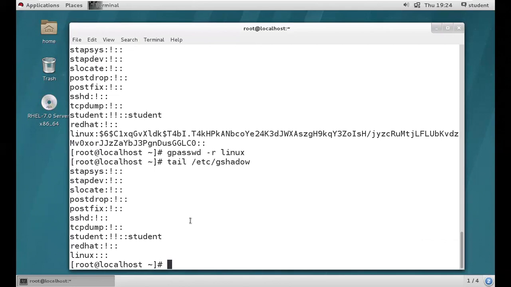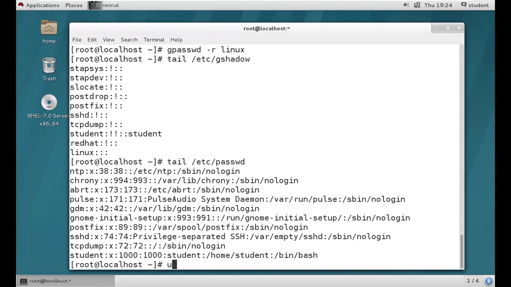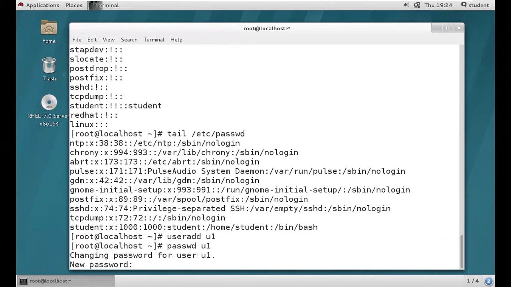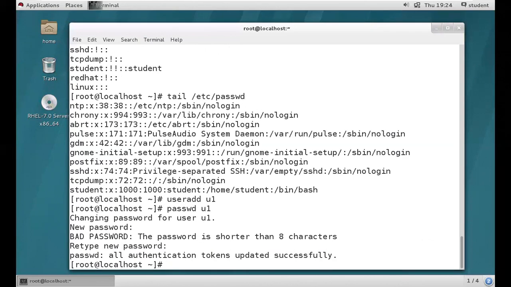Then how to remove the password from a user? Do we have user accounts? Let's check. Okay, I'll do one thing. I'm going to create one user with useradd, for example, U1. Then we are trying to assign the password for U1, passwd U1, right? Got it, guys? So let's verify tail /etc/shadow.